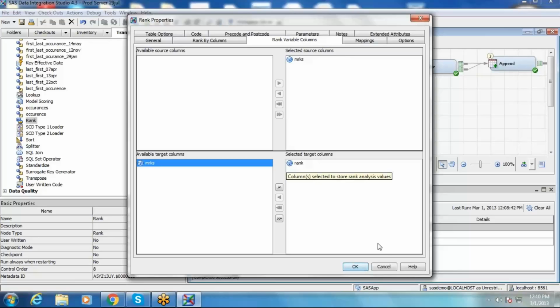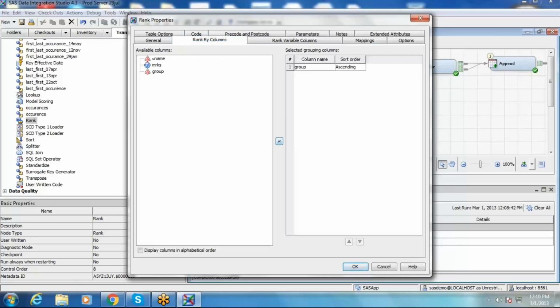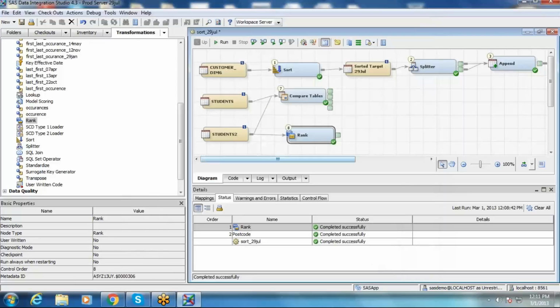Rest all are the same. You should get an error. Can you guess what the error is? We are grouping, which means we are using a by statement, right? If you are using a by statement, what is the prerequisite? You have to use proc sort. Correct. You need to sort the data first before you proceed with grouping. Let's see whether the data is sorted, then we will not have any issues. Otherwise we need to sort that explicitly.